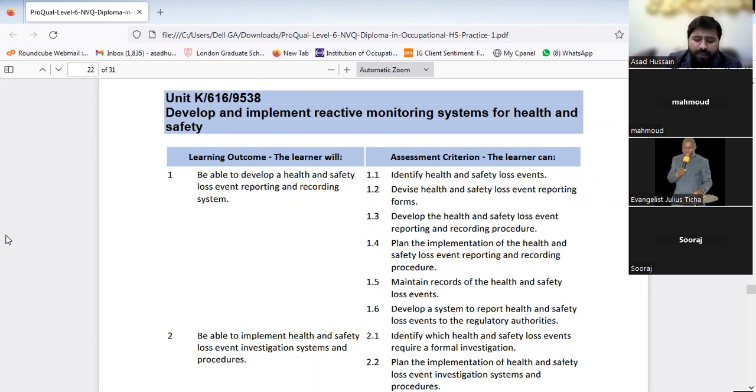You have to explain how, after developing that procedure, you are implementing it in your workplace. For this regard, as evidence you can use training sessions, meeting minutes,